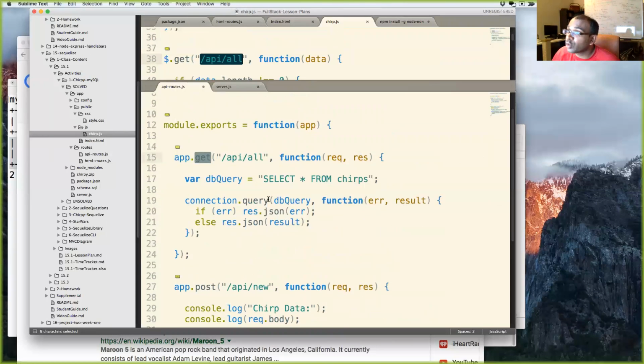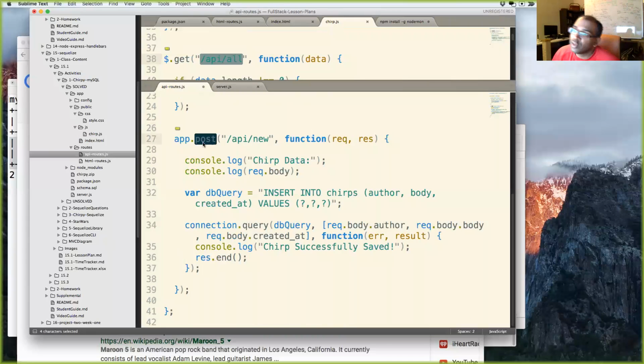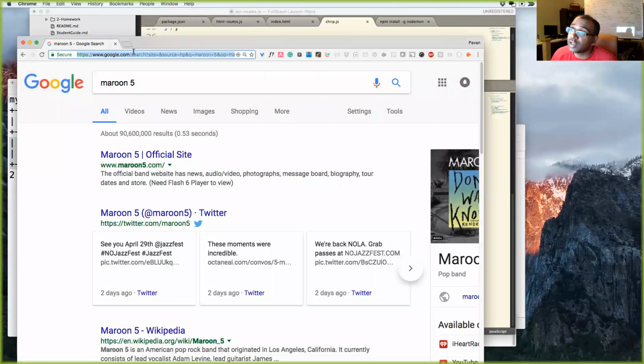Now, if you do a POST request, you would write the word POST right here. You would not be able to see what you submitted to a POST request inside of the URL. You would only be able to get to it in the HTTP body. And that's why people say a POST request is a little bit more secure when you're sending data. The reason why Google chose to use a GET request to send data is because you can bookmark this URL. Whereas with a POST request, you can't bookmark the URL because it's not sent via the URL.